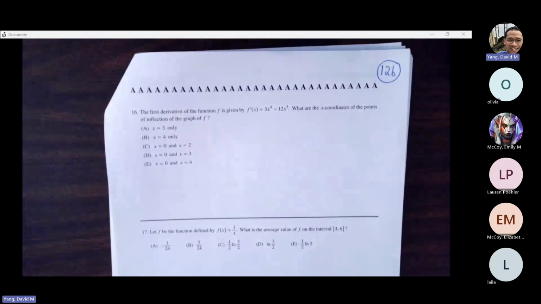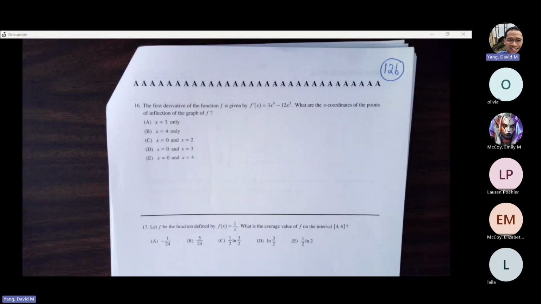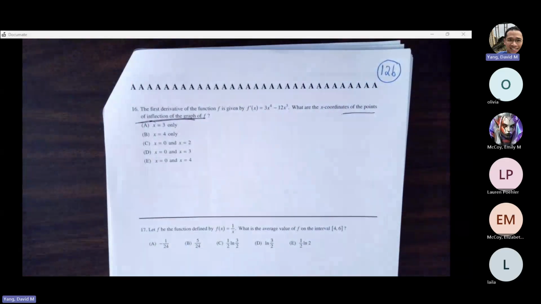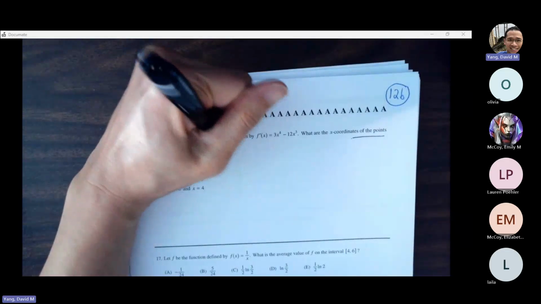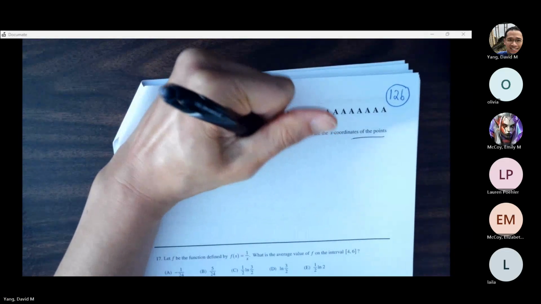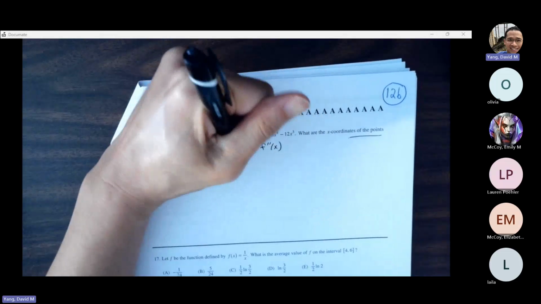Okay, number 16. The first derivative is given as f prime, find the x-coordinates of the points of inflection in the graph of f. So we know points of inflection is working our way to the second derivative. So here are the steps we're going to do. We're going to find f double prime, find critical points,